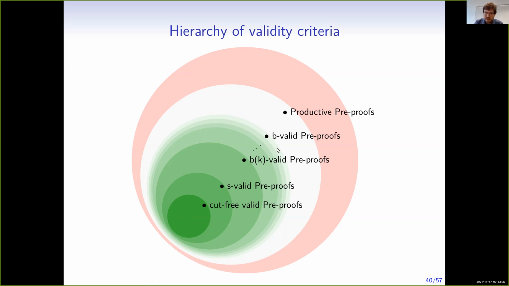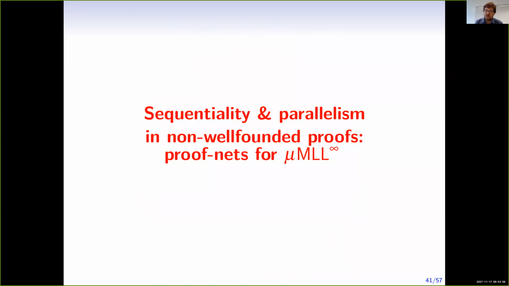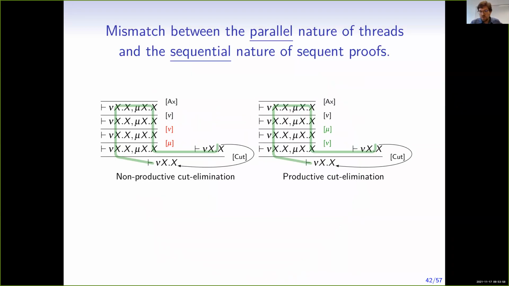So we cannot decide this green circle here. The white circle is the productive pre-proofs, but there may be more pre-proofs. Some of them should not be considered as valid logically, but they can still produce. And on top, you have any pre-proof, which may even not be productive, as the one we had in the very early slides. I won't detail this, but